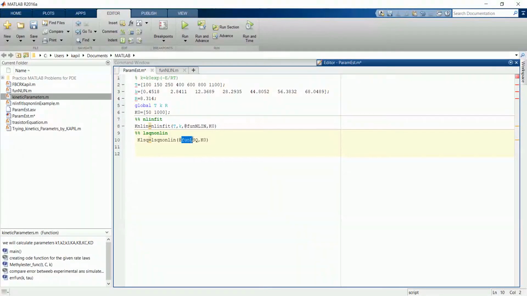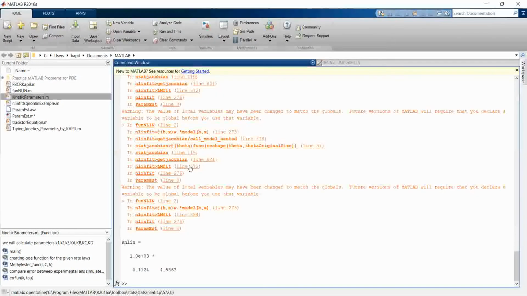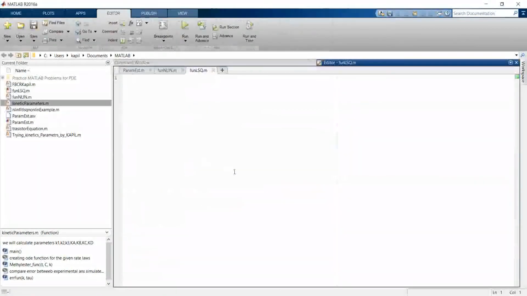For lsqnonlin we need a function, that is fun LSQ. Since it needs an error between the given value and the estimated value, we are just saying function err, that is error, equals, and let us assume it is capital K. Model equation that has been given to us.